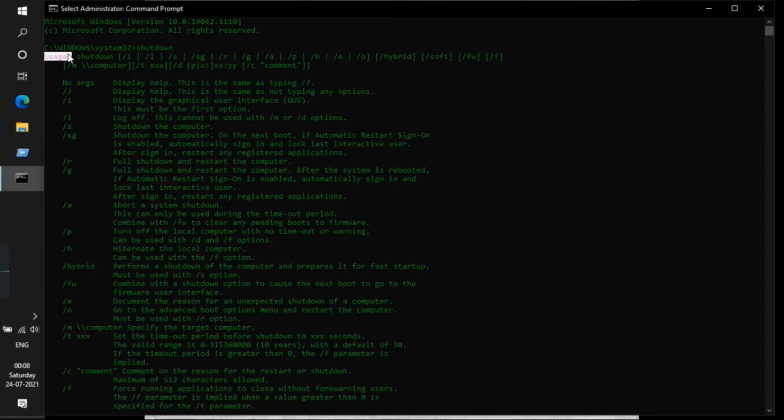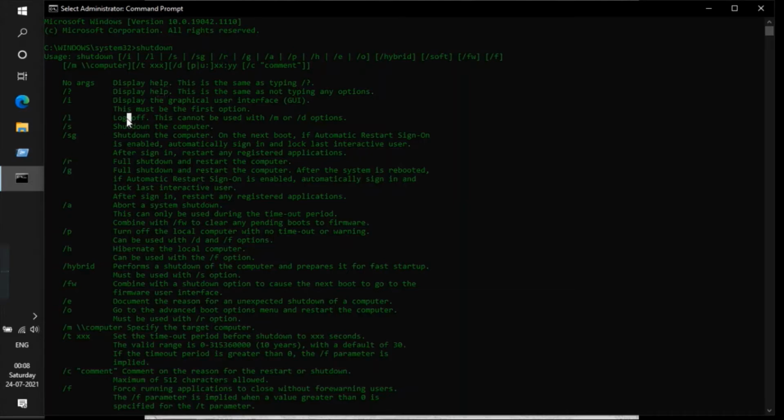So here you can see the usage. It's giving that you have to type shutdown followed by some arguments. So these are all the arguments which we can use with shutdown. Earlier I gave only shutdown, so no arguments were given, so it is displaying the help. Or if you give shutdown /?, the same help section will come out. If you type /i, then a window will pop up. From there you can shut down your PC or multiple PCs. I will be showing in the later part of the video how to shut down multiple PCs using command prompt.